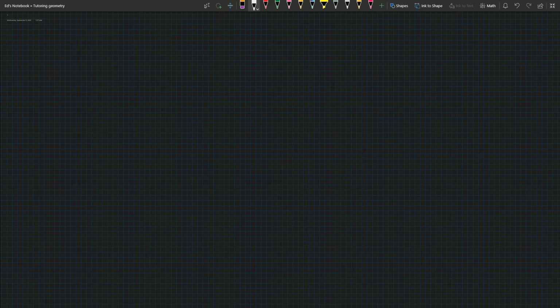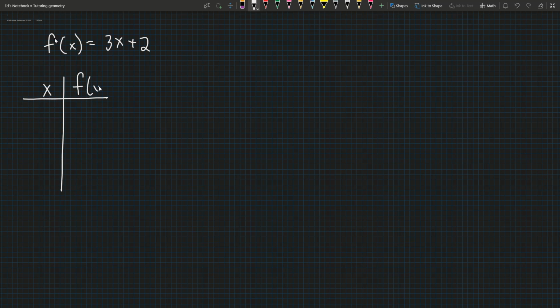So we're going to start by graphing a function, which is going to be f of x is equal to 3x plus 2, and they give us this table. This is in your notes. But if you want to write down the table, if you don't have the notes in front of you, it's